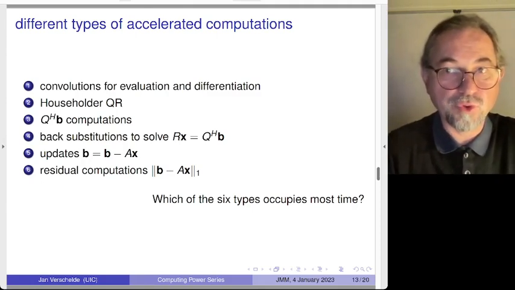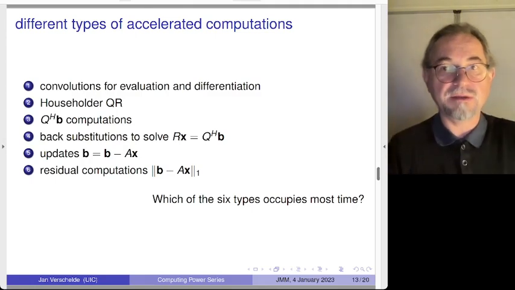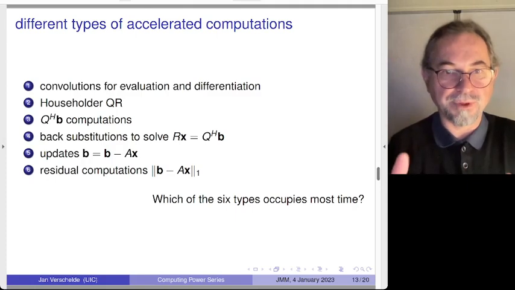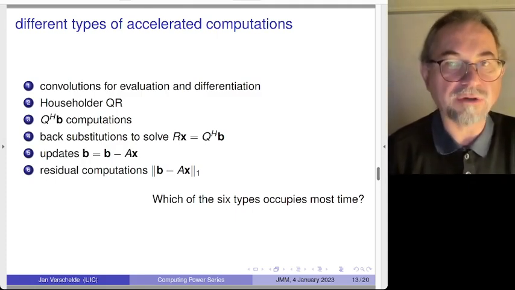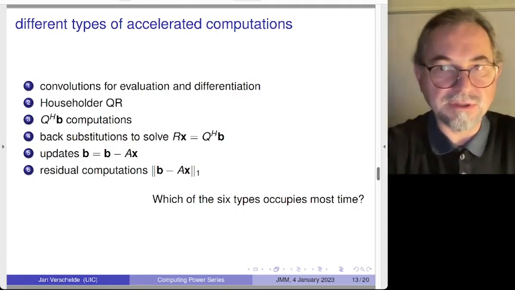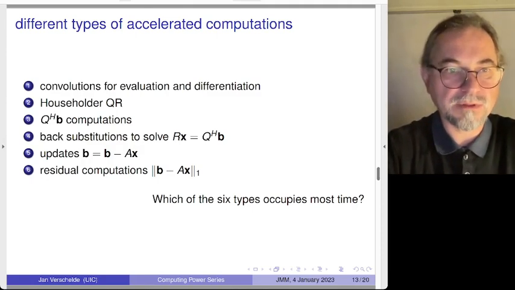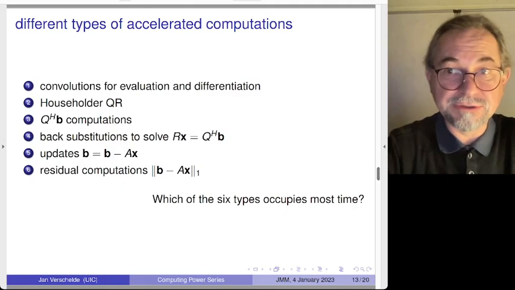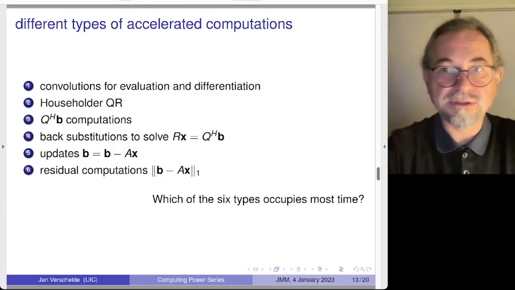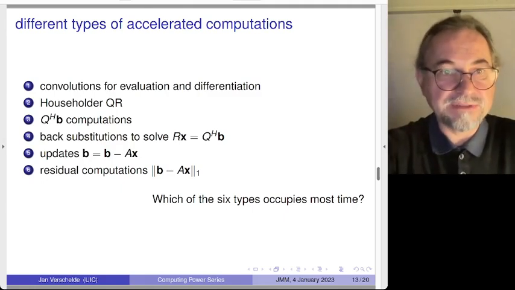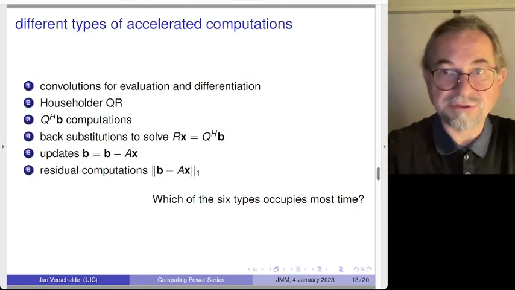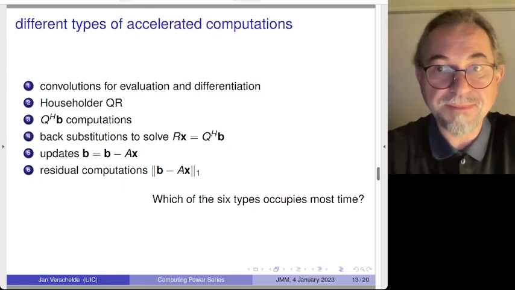The Householder QR consists of many kernels, but for the purpose of this talk, the Householder QR is considered one type of accelerated computation. So the question that I will try to answer experimentally is, of these 6 different types, which is most expensive